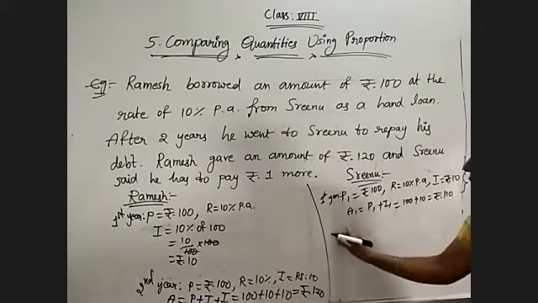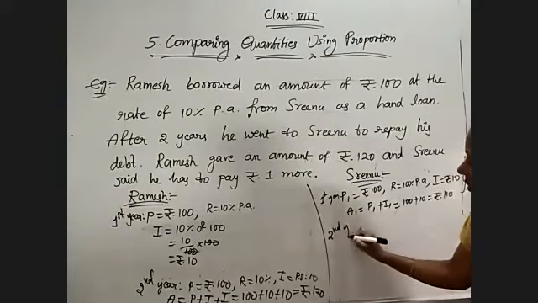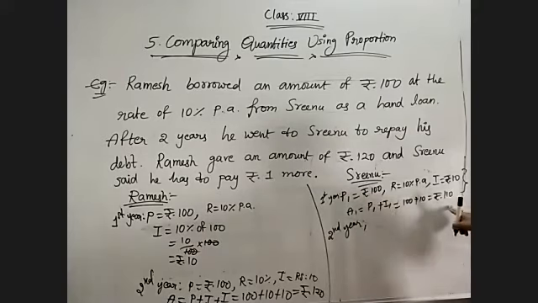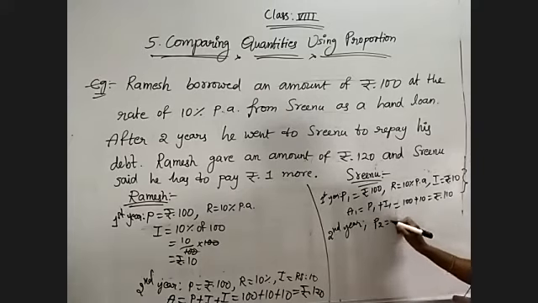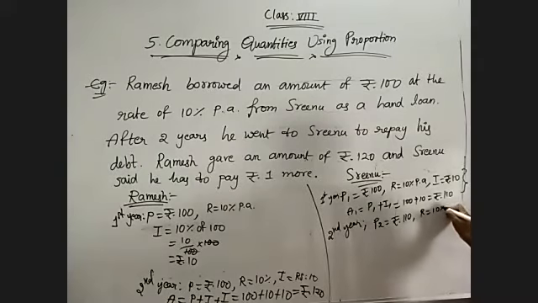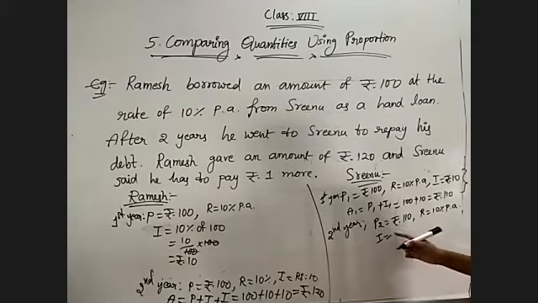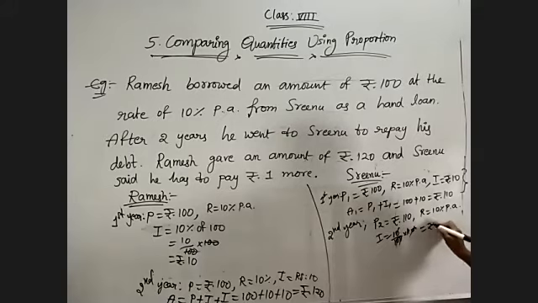And for the second year, instead of 100 rupees, he is taking the principal as this new amount. So principal is equal to 110 rupees, and rate of interest is the same, 10% per annum. Now what is the interest? How much interest he is getting on this amount, we will see. That is 10% of 110 rupees, that is 10 by 100 into 110. So the zeros will get cancelled, which is equal to 11 rupees.